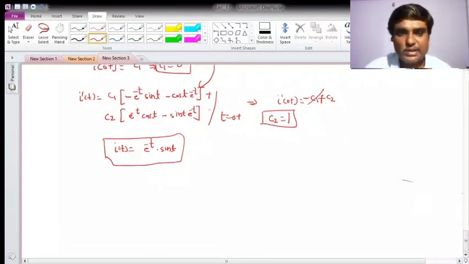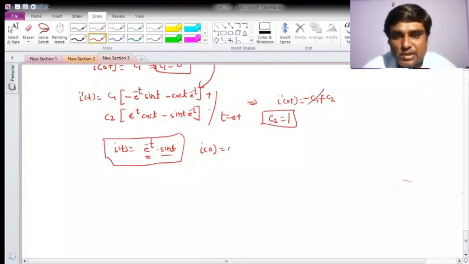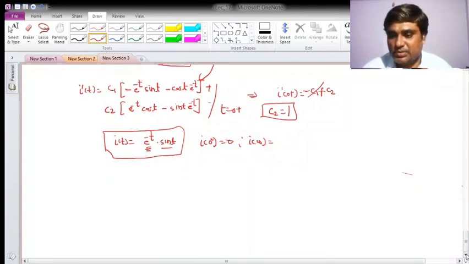Now what I am observing is again the multiplication of two functions. One is e raised to minus t, an exponential decay, and this is sin t, right? Initially my current will be sin 0, so your initial current will be 0. This is again because L is open circuited; physically we can do the inspection. And what will be my final current here? Again the capacitor will become open circuit, so the current has to be 0 as t tends to infinity, because e raised to minus infinity, that exponential decay, is faster than sin t, so it will tend to 0, right? So just see how the behavior is.